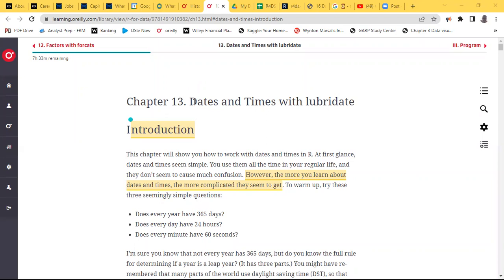So today we're doing chapter 13, dates and times. I think one of the things I like doing whenever I go through chapters in this book is to take a step back and think through what exactly the entire journey has been so far. So the entire idea of the book breaks down